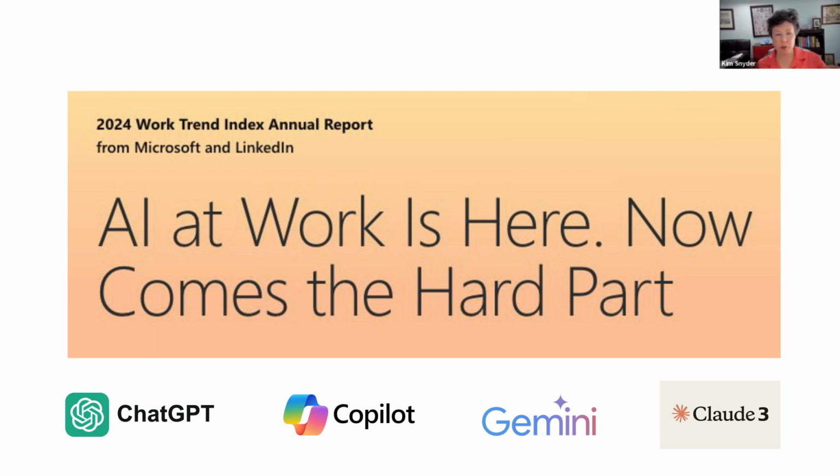When I talk about AI coming to work, you know, Salesforce Einstein's been around for many, many years. But I'm thinking more of the generative AI tools, and I've got them shown at the bottom: ChatGPT, Copilot, Gemini, Claude, now Claude 3.5. I'm talking about Shadow IT. You can sign up for free versions of any of these. So anyway, if we go to the next slide,